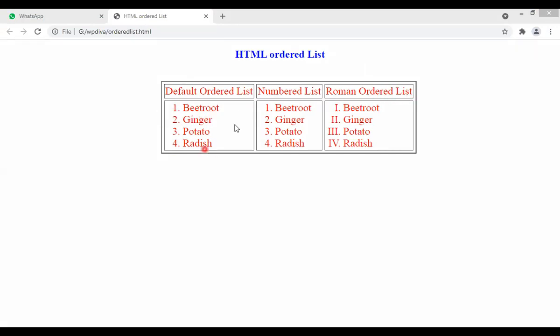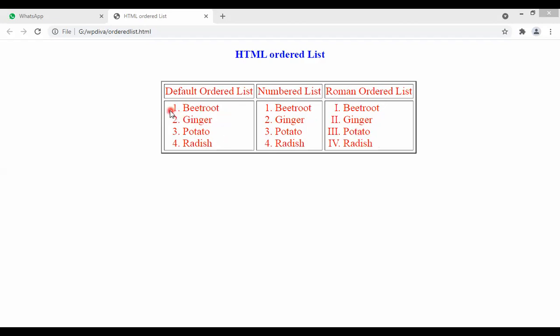Then in the second row, I have not taken any row span or col span. I'm creating a list in the second row only. I have not spanned any row or column, guys. Don't get confused. Second row, first cell, second row, second cell, and second row, third cell. So I'm not doing any spanning over here. Clear to you? I'm just putting a list.